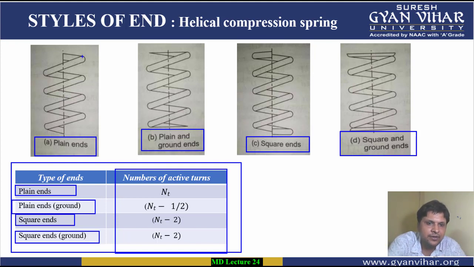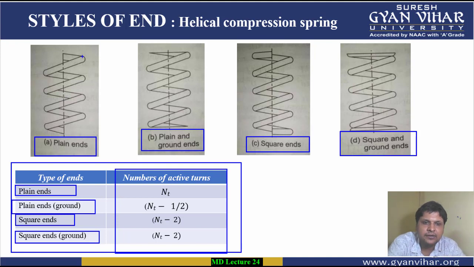spring. And in this type of spring, generally the number of active turns is equal to the total number of turns. Active coils are equal to total number of coils. All right. So generally this is not used. Generally we use plain and ground ends, and in plain and ground ends, the ends of the springs are machined in such a way that they can be kept in the base, they can be placed somewhere.